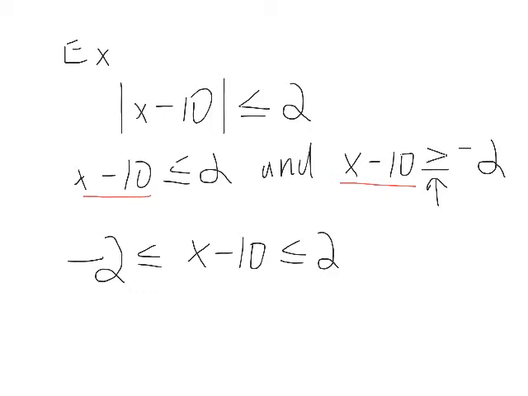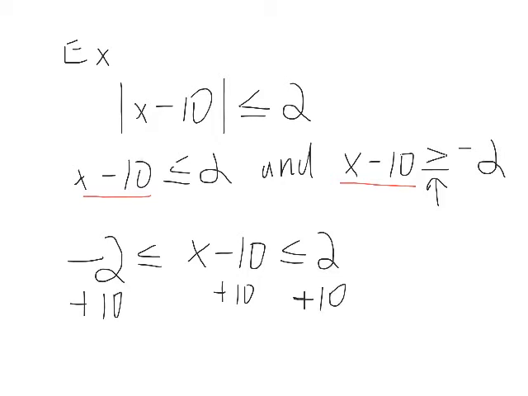They have to be done separately because they don't produce an "and," they produce what's called an "or" compound inequality. It's a little bit different. All right, so from here, if we decide to solve it all at one time, we need to isolate x in the middle. So I would need to add 10 to each part